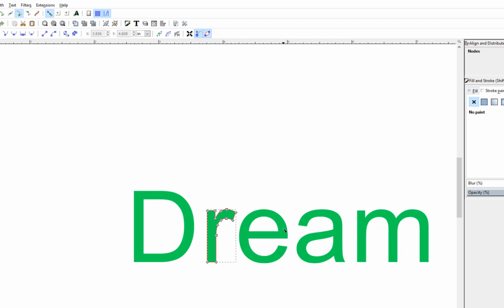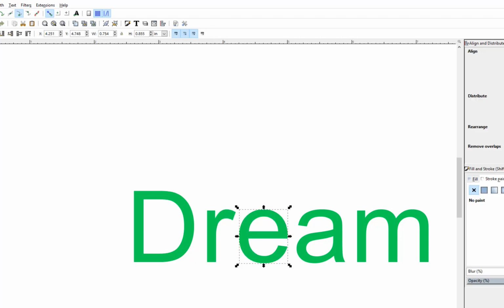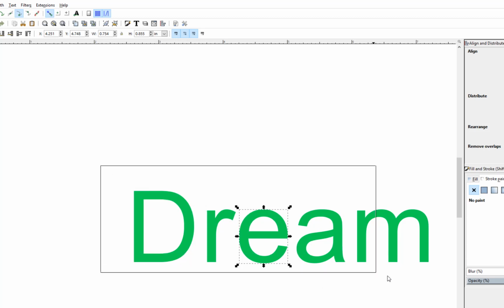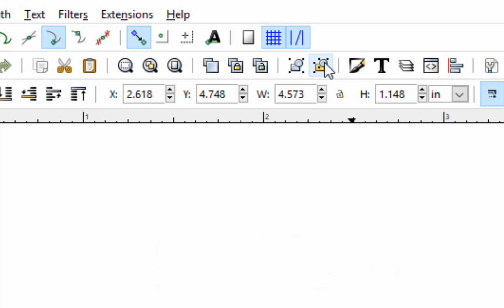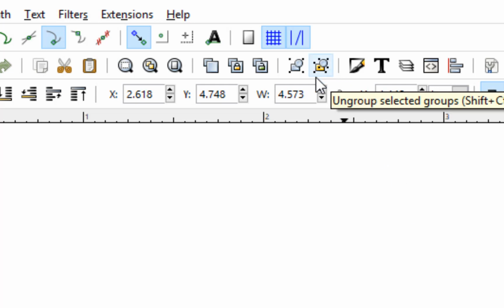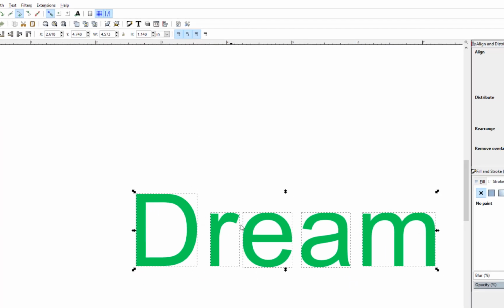they're all individual. One other thing I want to point out is if you're not going to be manipulating or splitting these apart in your cutting or digitizing software any further, it's just as easy to go ahead and select this text right here and prepare it appropriately for digitizing or cutting. And to do that, what we need to do is ungroup the text. So we're going to ungroup it, and when we select the text and we select the ungroup button right here, it says Ungroup Selected Groups, we now have the capability to weld